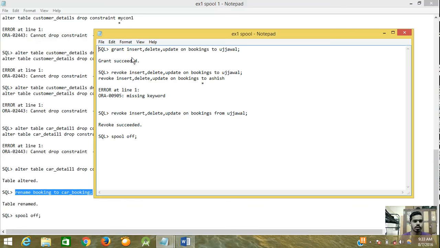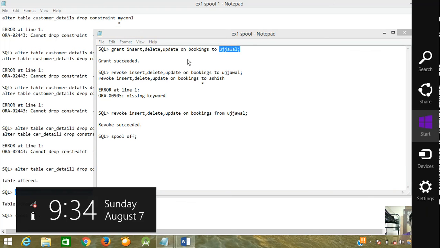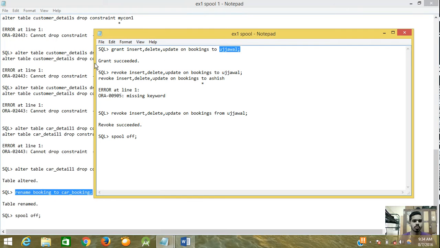After that we have to give a second user privileges, as against the admin. Suppose grant insert, delete, update on booking to usual. The system admin has this type of operation. If you want to give all these privileges to another user, you use the command grant, then what operations you want to give, insert, delete, update, on which table, on the booking table, to the name usual. So this usual user can do insertion, delete, and update operations. The grant will succeed. Suppose if you want to take the privilege